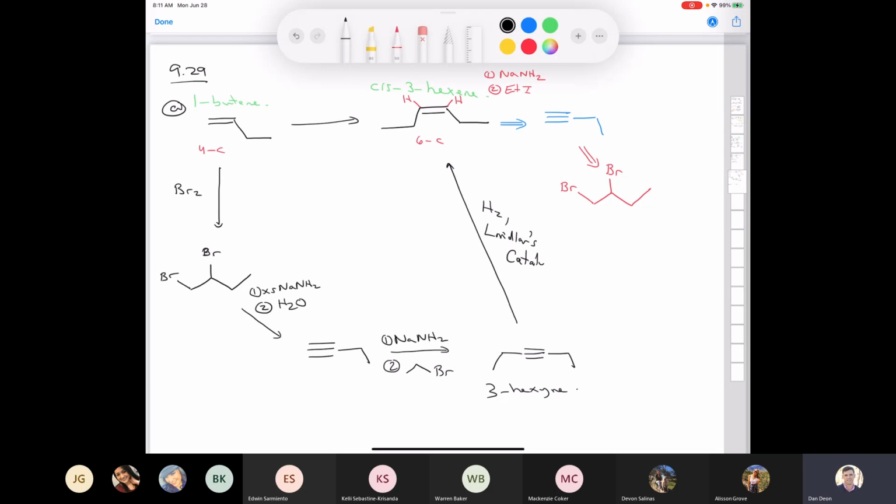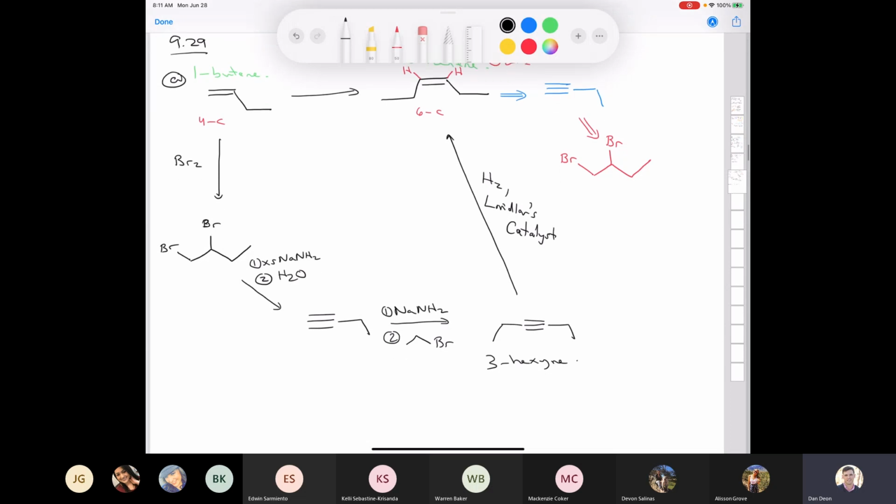And again, I told you, if you were to Google or research Lindlar's catalyst, you'd see that what is added to the palladium varies from time to time. Anyhow, there is one more kind of aside here, and I'm not sure if the textbook brings this up or not, but there is one shortcut that you could use in this synthesis, in my opinion, to speed it up